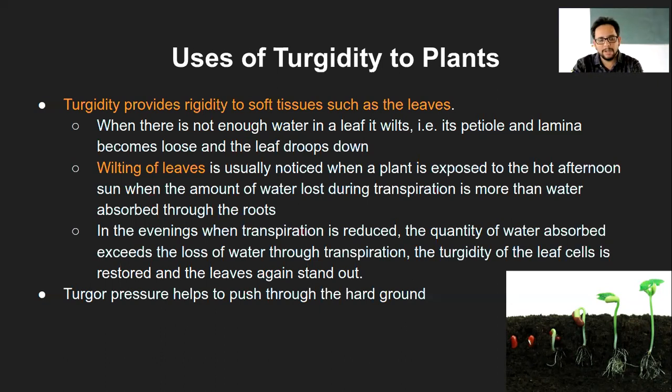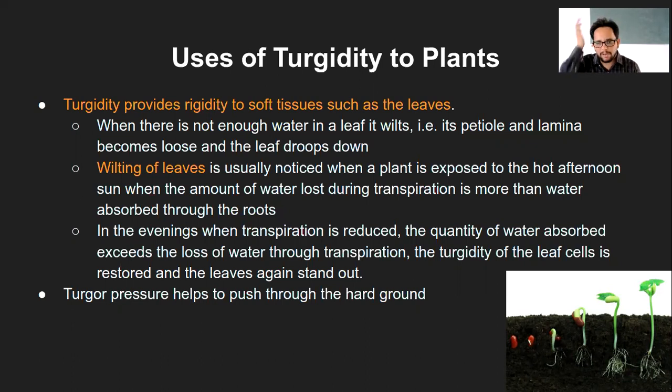This question has been quite famous in the board exams. What is the wilting of the leaves, or how does it happen, or the mechanism of it, or a particular plant in hot summer is not watered, explain the phenomenon which will happen, several questions around it. So you need to remember the mechanism, why it happens. Now in the evenings, when the transpiration is reduced, now why will transpiration be reduced in the evening?